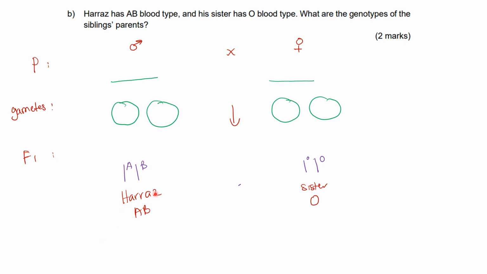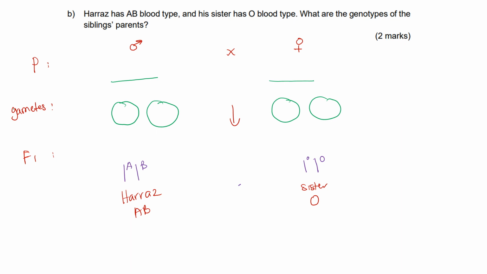Haras has AB blood type, so his genotype is IA/IB. His sister has blood type O, so her genotype is IO/IO. For example, you could write this as the father and this as the mother, or vice versa, whichever you like. Obviously, in order to get the genotype IA/IB,